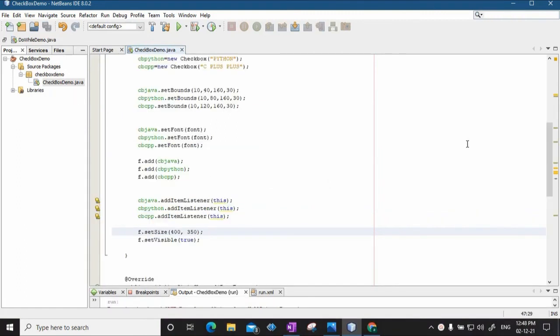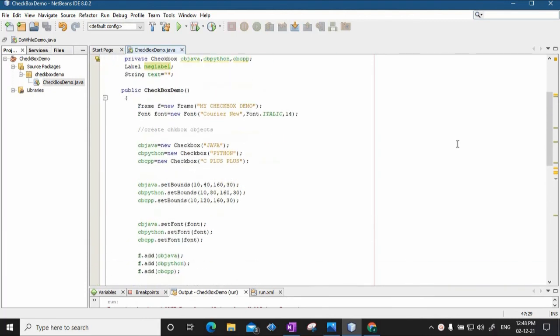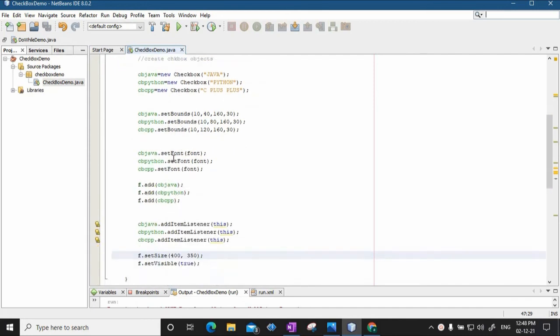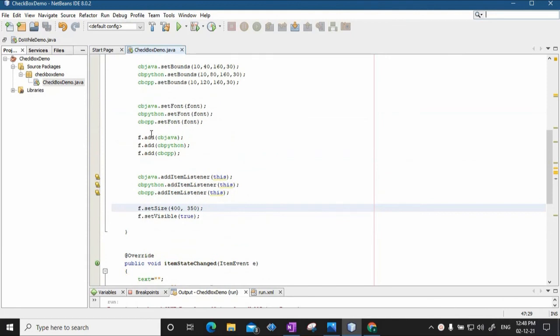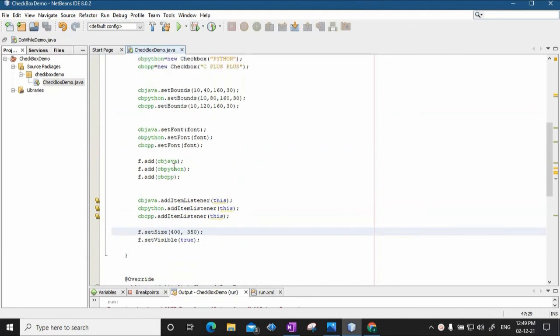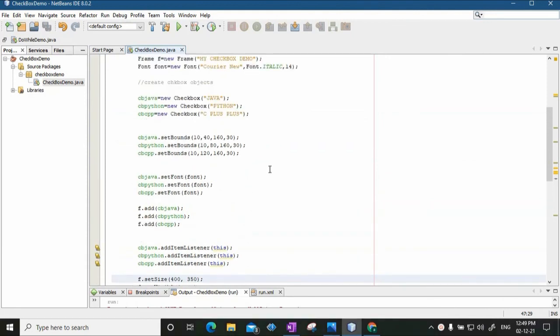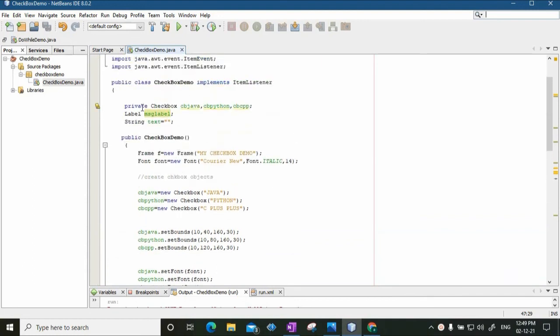One last thing that we need to do before we execute this program is, we have created objects of type checkbox, we have set the bounds, we have also added those objects to the frame. But what we basically want is, along with these checkboxes, we have also defined one label.